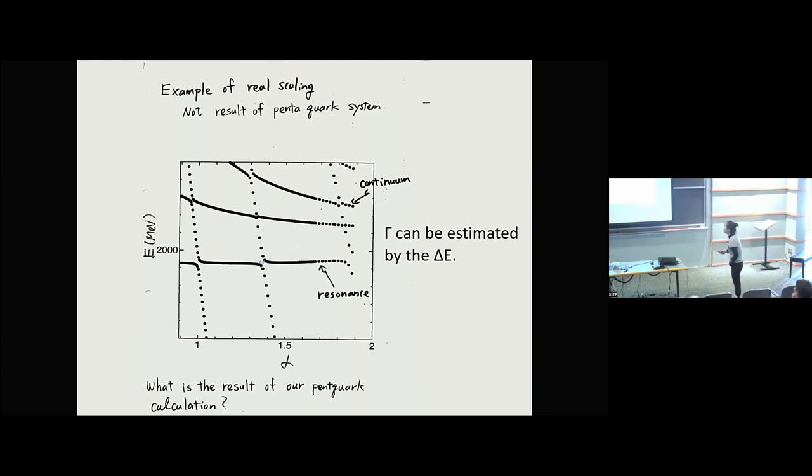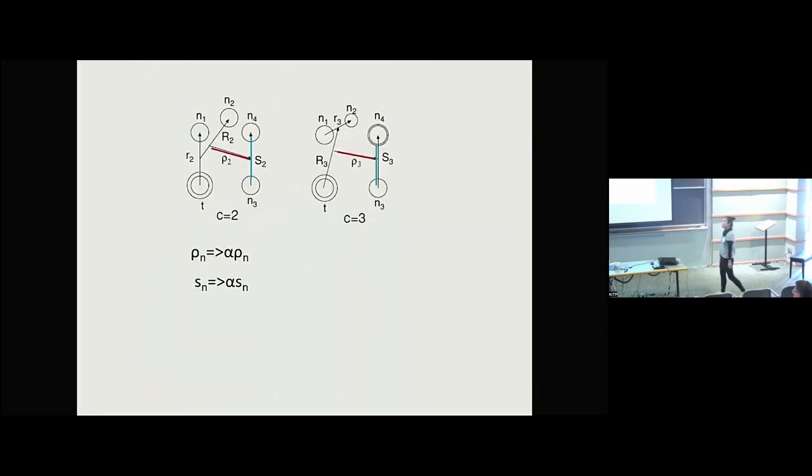For example, if alpha equals 1, then after diagonalizing the Hamiltonian, we get these eigenvalues. Then we use many alpha values, diagonalizing the Hamiltonian many times, and plot the eigenvalues. If we have a resonance state, it should be stable with respect to the scaling parameter alpha. However, we can see that the continuum state is decaying to some threshold.